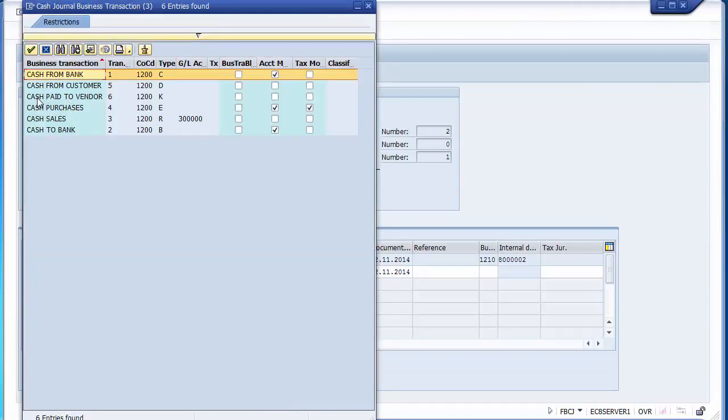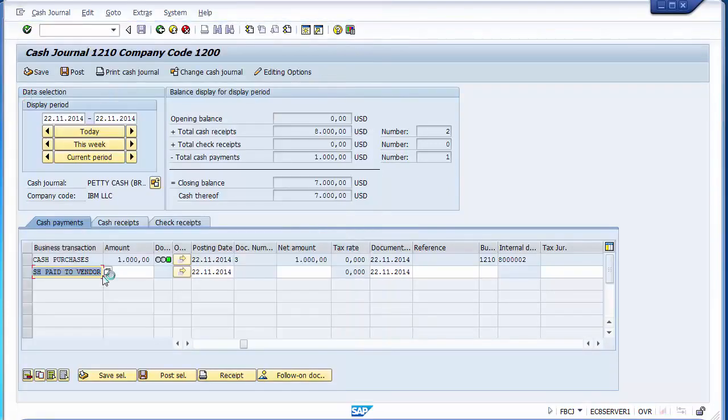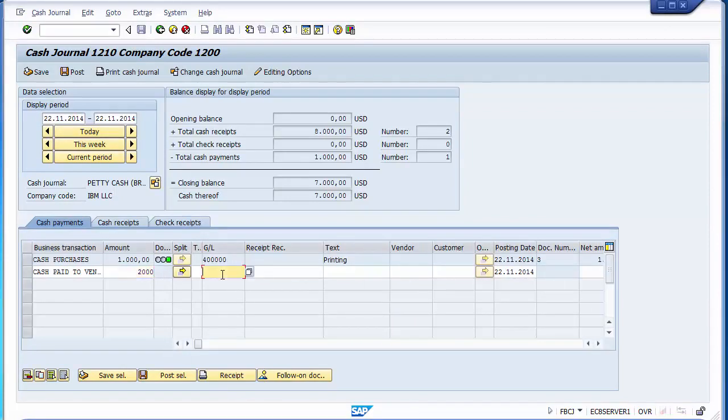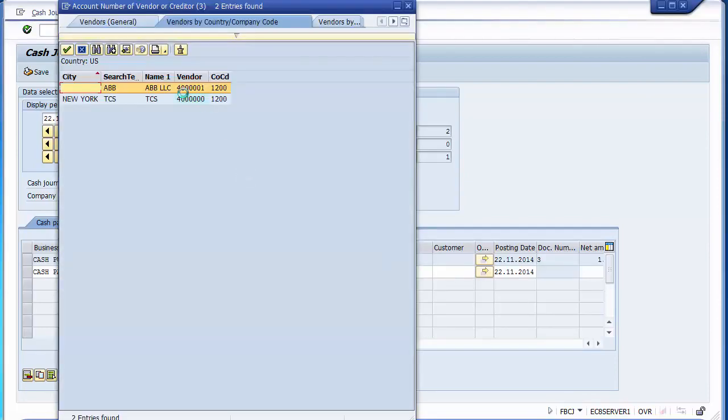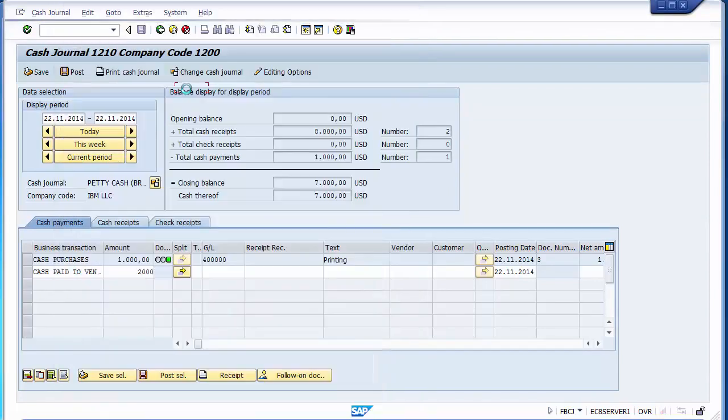and suppose I pay to the vendor. So in that case, for vendor you need to select the vendor line transaction. Over here I have put suppose $2000, and now for vendor you need to take care, because vendor is not a GL, vendor is a vendor. So for vendor, you need to go to the vendor field and select the vendor to whom you want to make this payment. Suppose I selected the vendor over here,